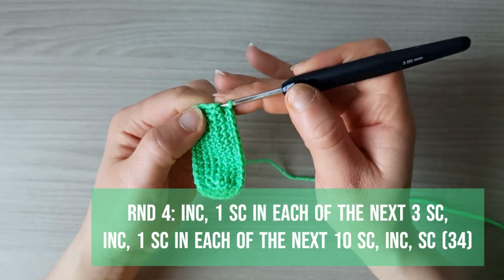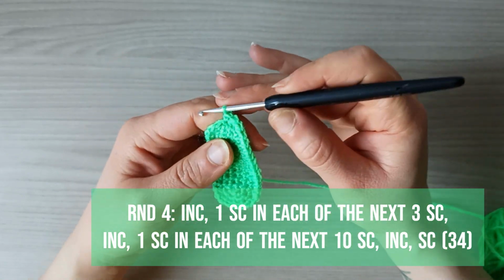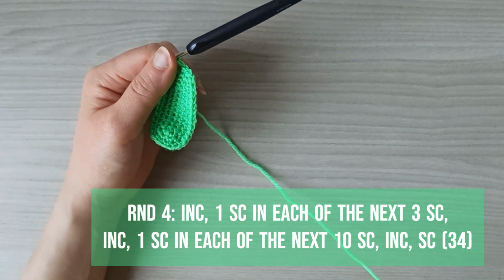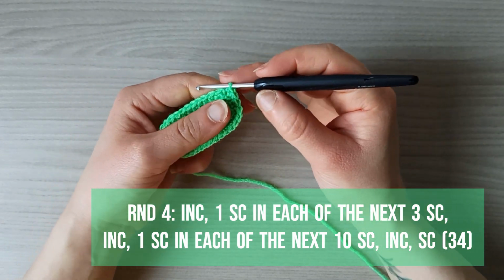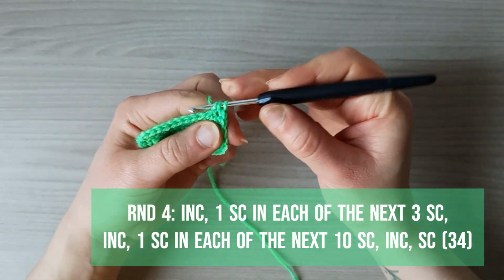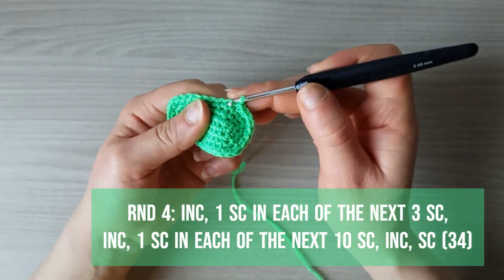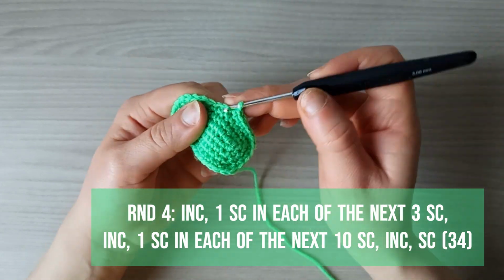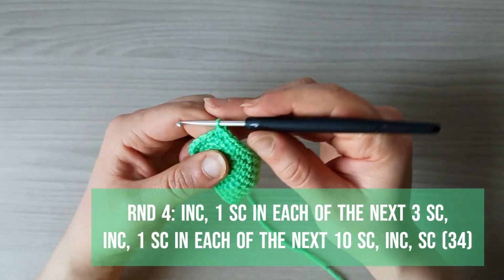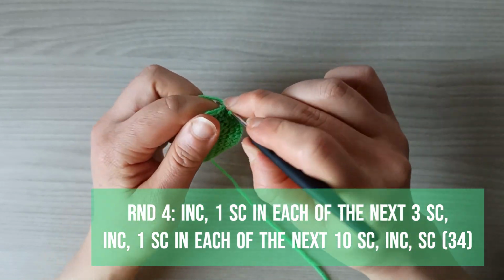Okay, and then we have 1 increase in the next single crochet. Then we have 1 single crochet in each of the next 3 single crochets. Then we have 1 increase in the next single crochet. And then we have 1 single crochet in each of the next 10 single crochets. And then we are going to make 1 increase in the next single crochet, and then 1 single crochet in